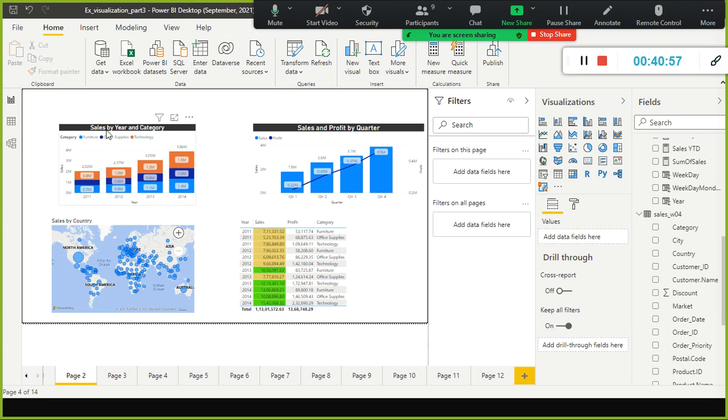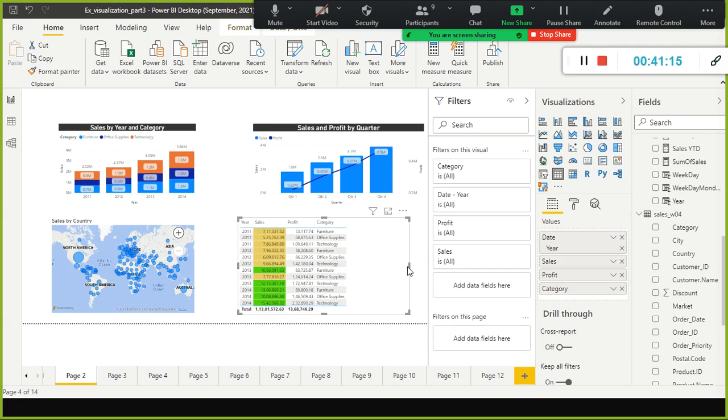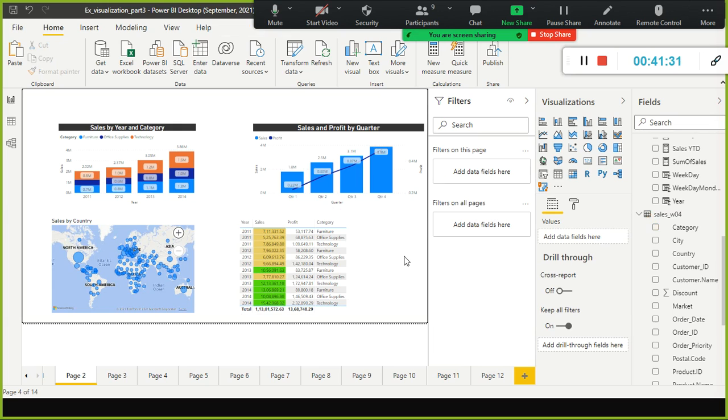But again, likewise, like I did the font size and font color, like you watched here, right, how I increased the font size. The same way you can increase the font size here also. I'll just simply copy the same: right click and copy visual, and you can go to the next page also.